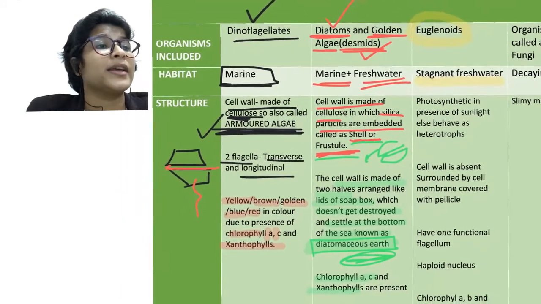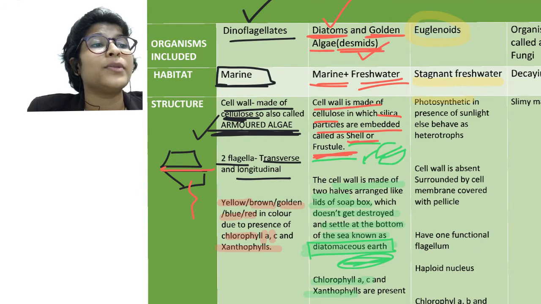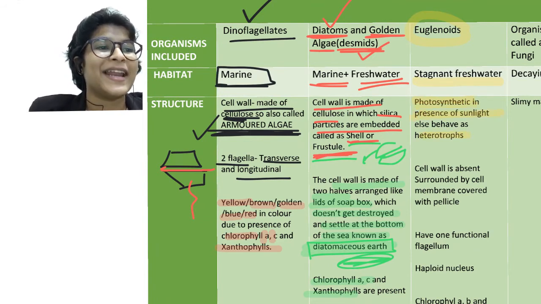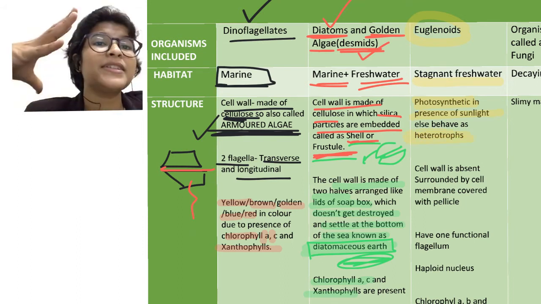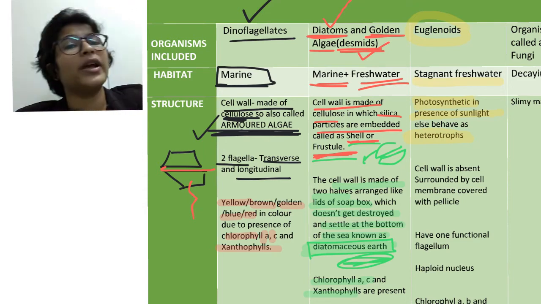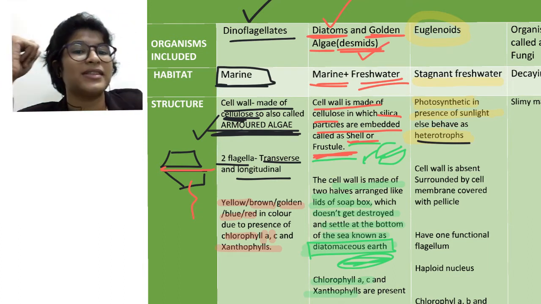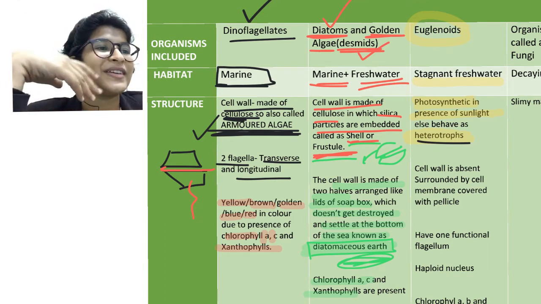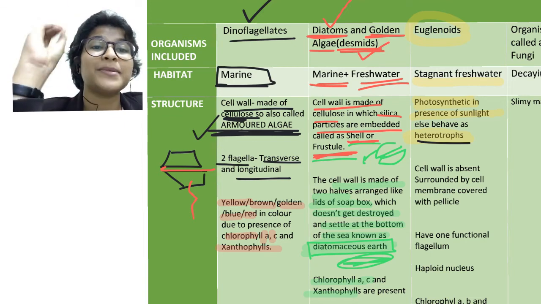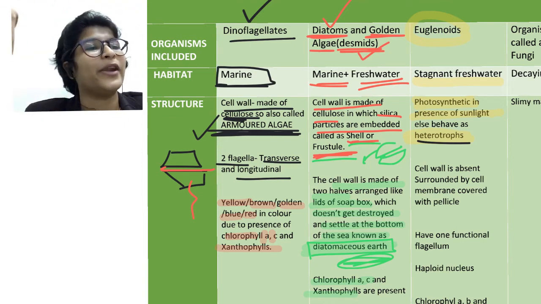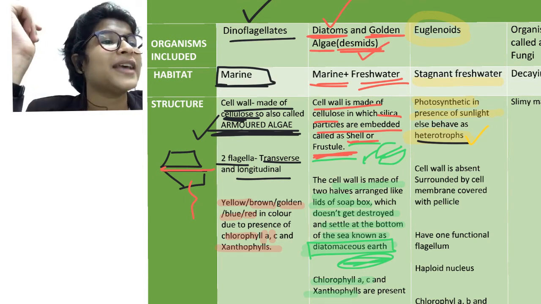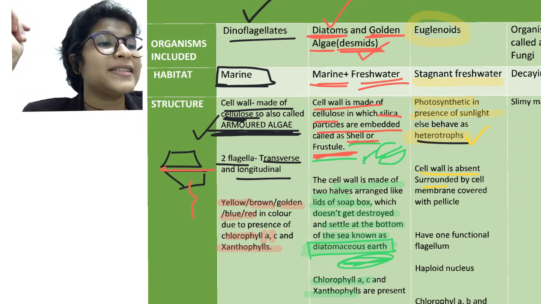Structure क्या है ये लोग का? They are photosynthetic and therefore in presence of sunlight behave as photosynthetic, otherwise they are heterotrophs. यानी कि अगर sunlight present है तो they will manufacture their own food, and if they don't have sunlight they will behave as heterotrophs by acquiring food from other sources. Isn't that a very good kind of mode of nutrition? जब sunlight हो photosynthesize कर लो और जब नहीं हो तब heterotroph बन जाओ, right? So the cell wall is absent and the cell is surrounded by a membrane cover called pellicle.